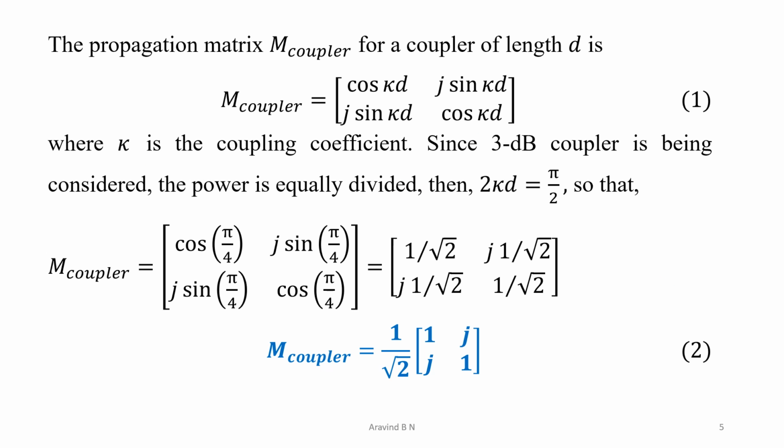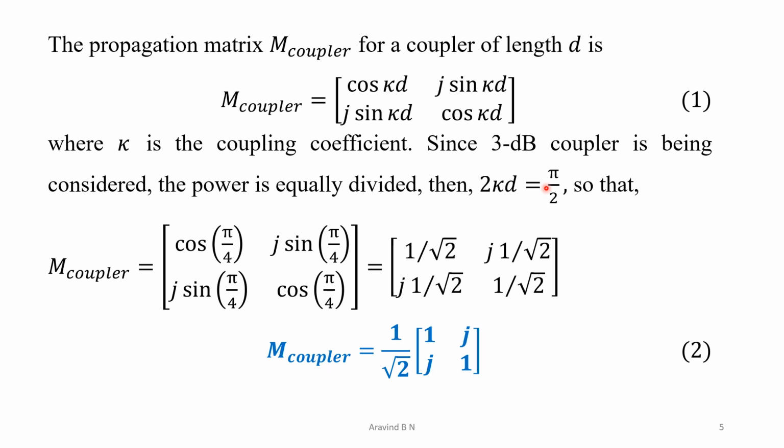Now let us start with the derivation. First, the propagation matrix M coupler for a coupler of length d is given by M coupler equals cos kd, j sin kd; j sin kd, cos kd, where k is the coupling coefficient and d is the length. Since we are considering a 3 dB coupler, the power will be equally divided. Therefore,